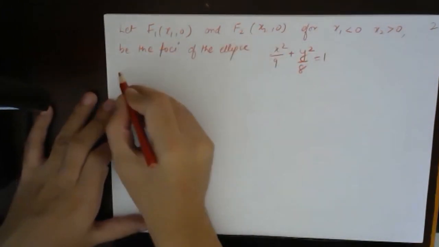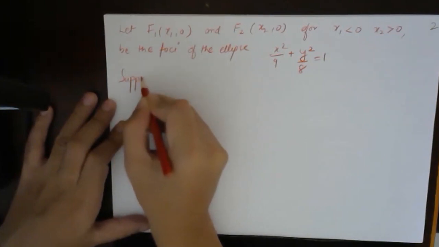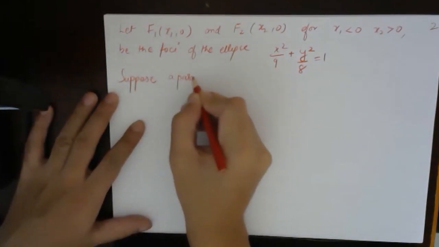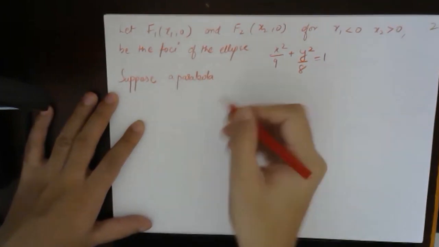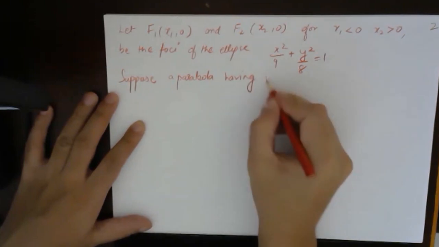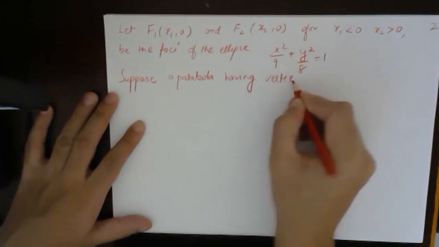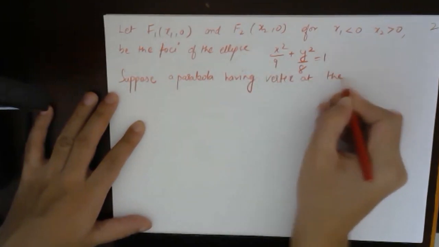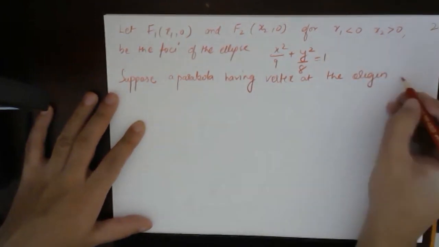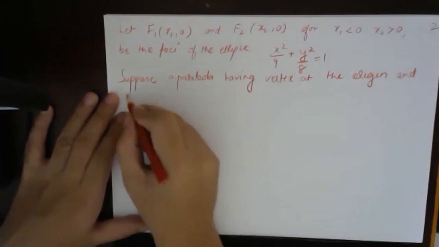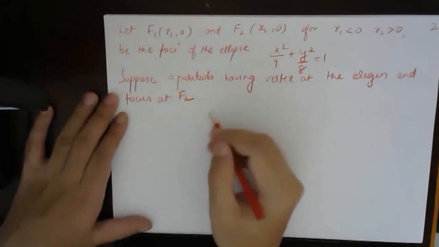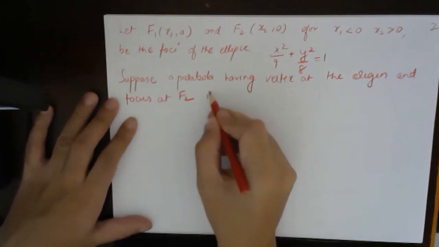Now they are saying, suppose a parabola having vertex at the origin and focus at F2,